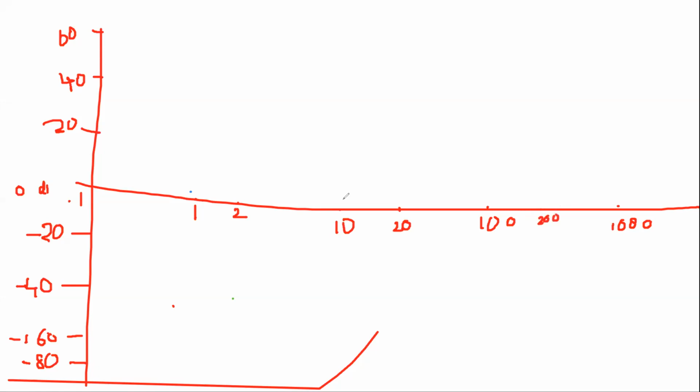Then what we did, first I have marked 54. Somewhere over here I have my 54. I mark it as A, because I have to have 54 dB with the slope of minus 20 dB per decade. So 0.1 to 1 is one decade, but in magnitude I want to have 20. So from 54, you go down by 20.